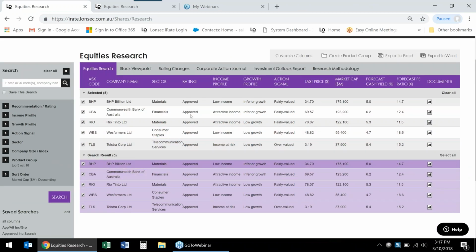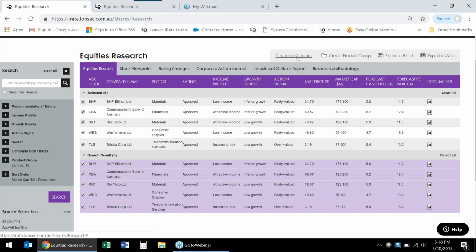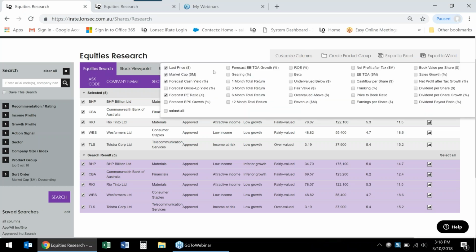Another area I'm just going to show you as well, and we can stay using these 5 stocks as an example. Also, you will notice on the screen we have a customized columns tab. So what this tells us is we have these particular headings, so ASX code, company name, sector, and so on. But if we wanted to export some additional data on our stocks, where can we do that? Everyone wants tailored, bespoke reporting. If you click on Customize, it will give you a table that has additional information here.